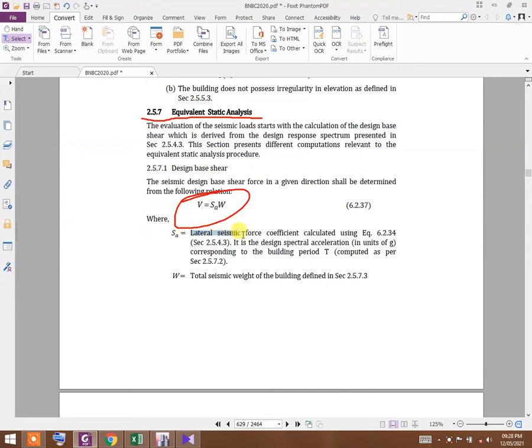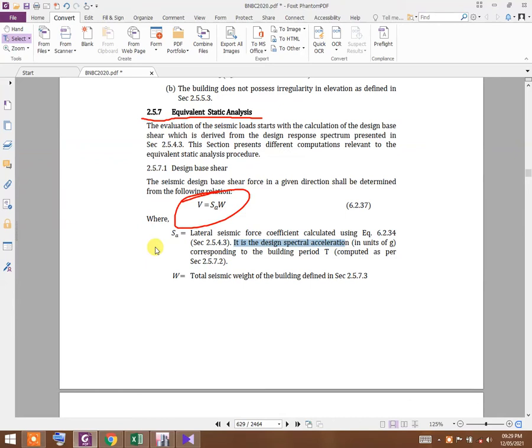SA is the lateral seismic force coefficient calculated using equation 6.2.34. It is the design spectral acceleration. Based on this provision, section 2.5.44, I have made the Excel sheet.